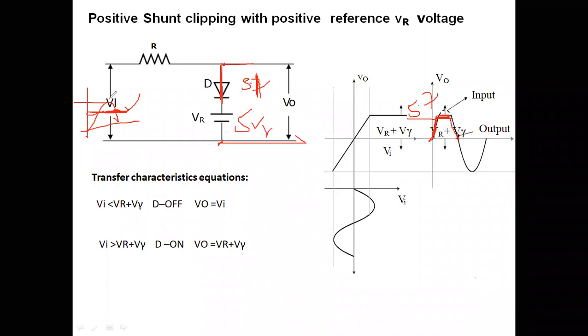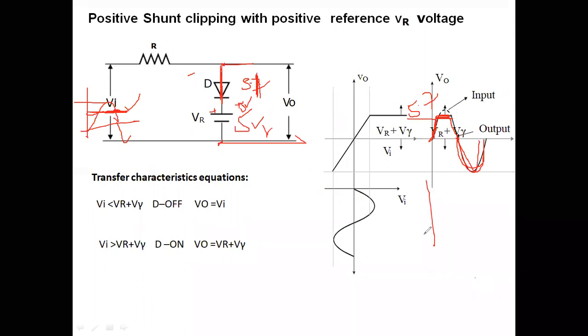When the input moves to the negative cycle, since the cathode is connected to the positive terminal, here you have plus 5 volts. Cathode is connected to plus 5 volts and the input is in the negative cycle. That means -1, -2, whatever the input, the diode will be in off state only. And whatever the input, that will occur at the output terminal. Therefore, this is our output.